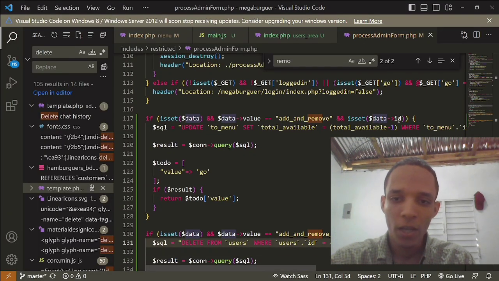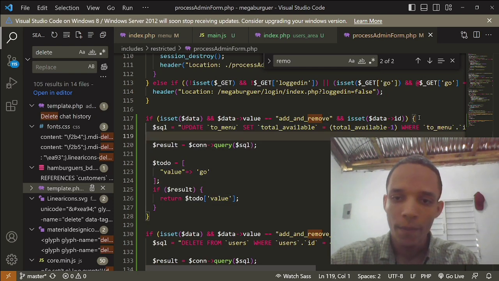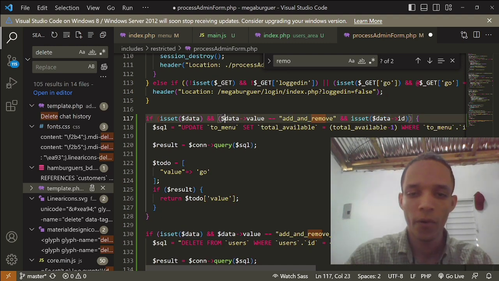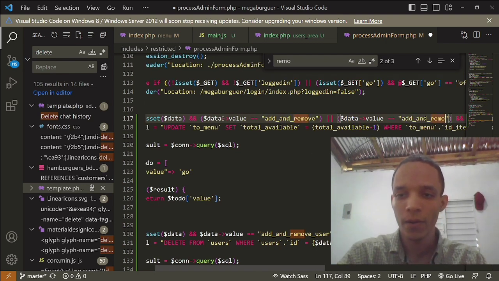So here I will add another code, but let me put it just here like in our parameter. I will say if data and unset,